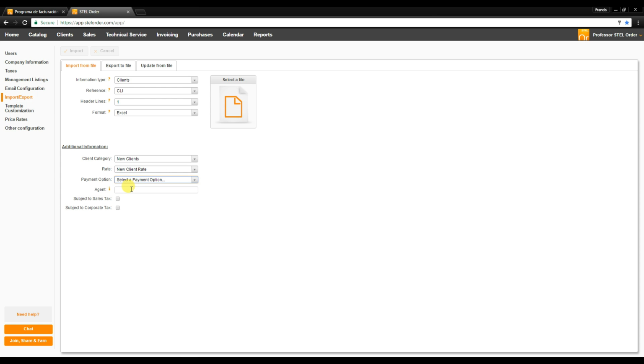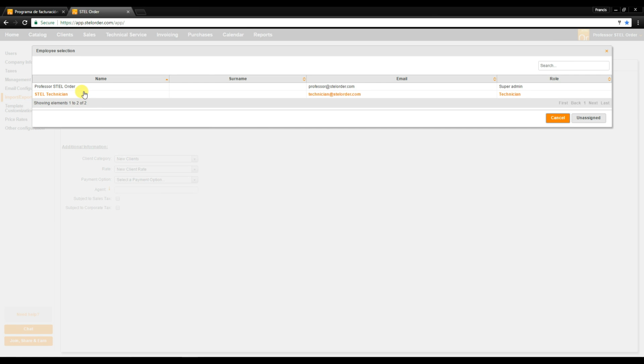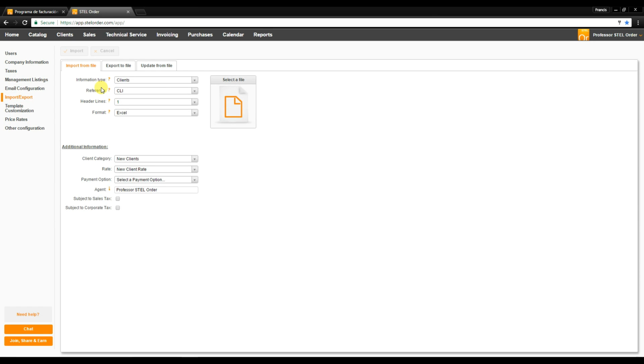You can even assign these clients to an employee. I'm going to assign them to myself, Professor STEL Order. And I can choose whether they're subject to sales tax, corporate tax, or any other kind of tax that I configure into the system. Right, so to get started, we just go to the select file box